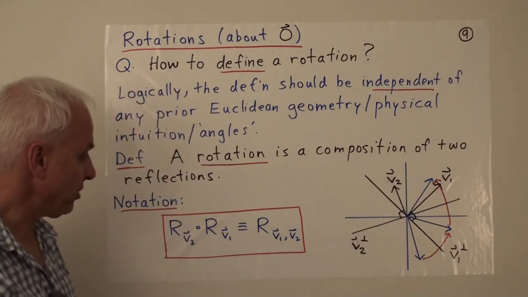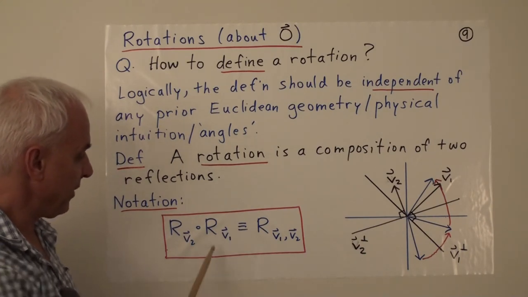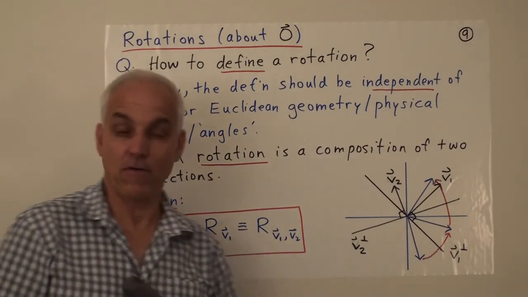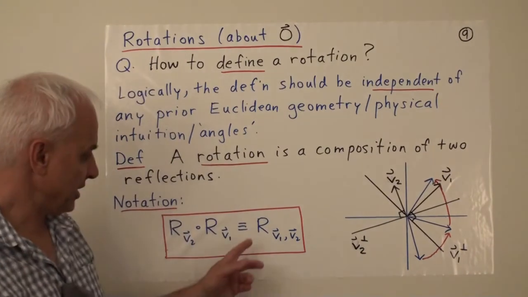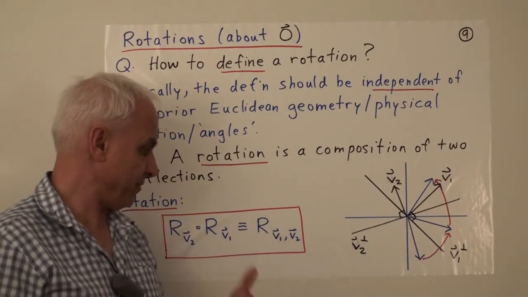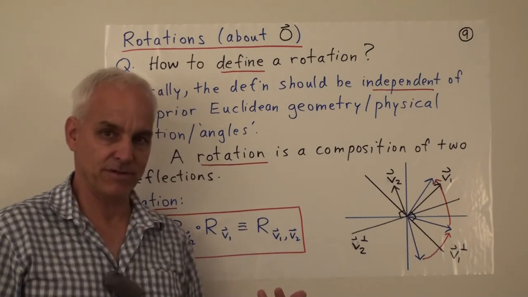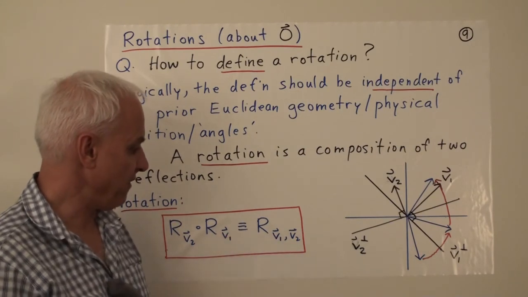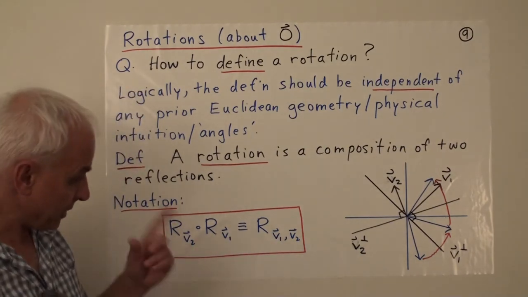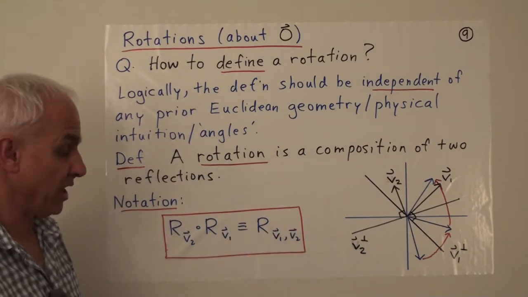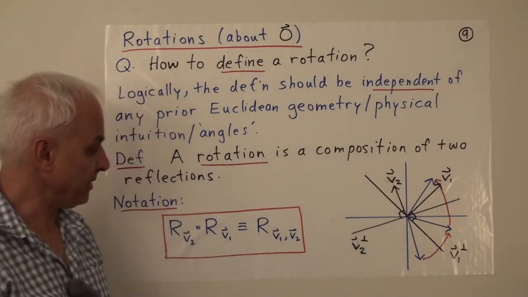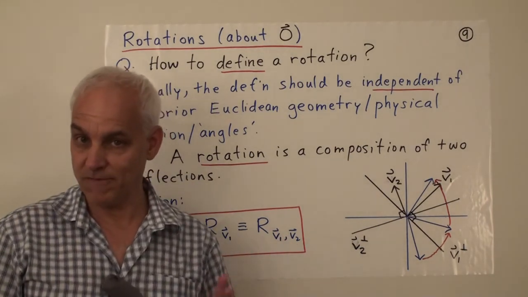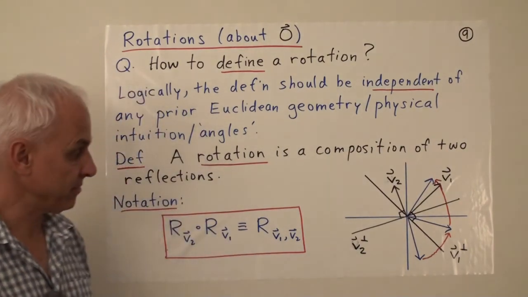Now we're going to introduce a bit of notation. So we'll say that this composition, we'll write it as r sub v1, v2. So we can use the same letter r for rotations and reflections, just telling us that the rotation is, well, it's a pair of reflections. It's built up from reflections. First the v1 reflection, then the v2 reflection. And there's a question here. There's lots of things to talk about with rotations. We'll talk about them later in a little bit more depth. But at this point, you should be aware that the same rotation can be described with other pairs of vectors. You might like to think about that a little bit.